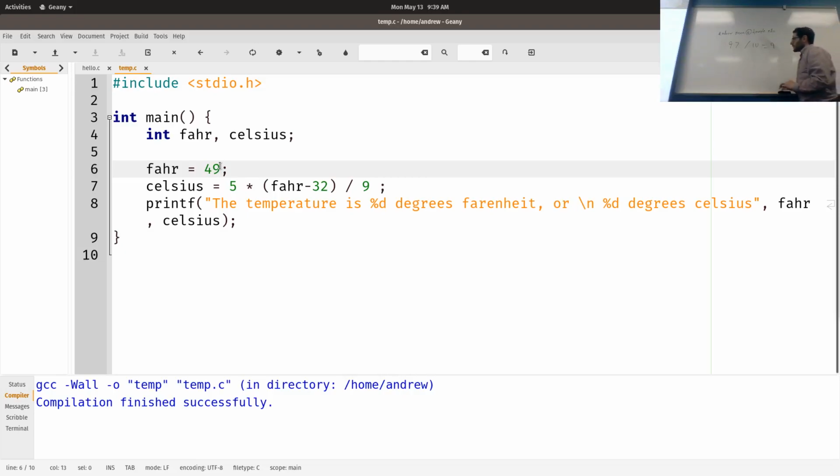Okay. So this actually gives us something very interesting in C. You have your 4 standard operations. We have plus to add 2 numbers together. We have minus to subtract 2 numbers. We have times, which we use a star for, and we have divide, which we use a single slash for.